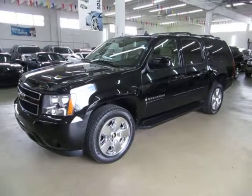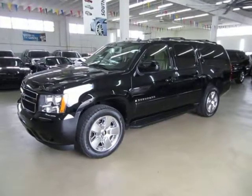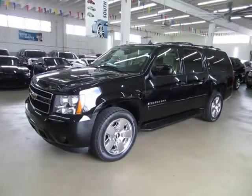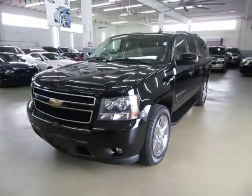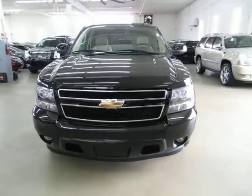Up for sale now, Vehiclemax. We have a beautiful 2008 Chevrolet Suburban LT two-wheel drive, black on the outside with tan leather interior, with only 76,000 miles. It has a clean title and a clean Carfax you can view right now for free on our